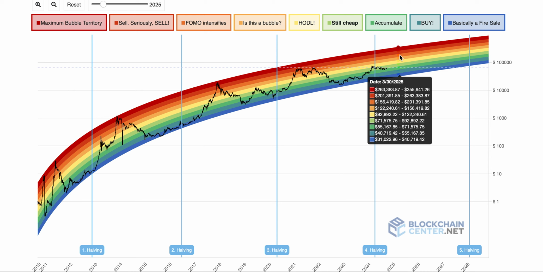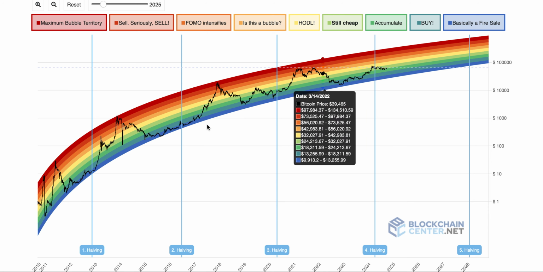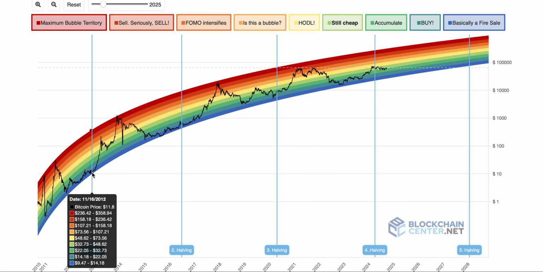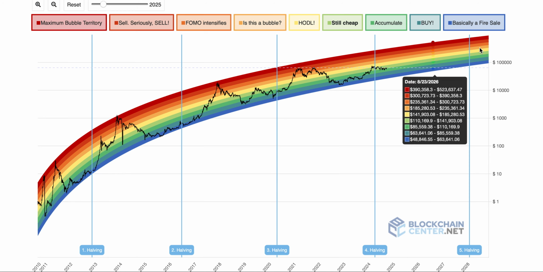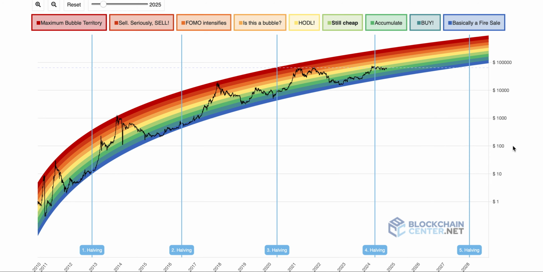But you can see how Bitcoin has these diminishing returns from the top and also from the halving. When I started my channel, we were talking about how each halving we go up a zone. Each halving we've gone up a zone. Each top we've gone down a zone. So Bitcoin is leveling out on this logarithmic regression band. You can see the log scale factor of tens.